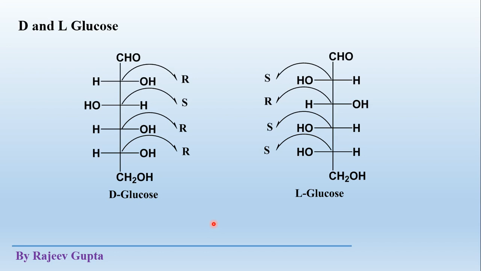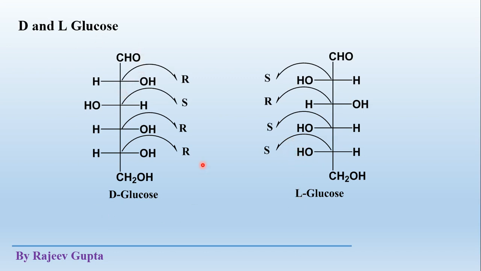So those are practical values which show angle of rotation in practicals. This capital D and capital L is a relative configuration, especially for sugars and also for amino acids, where the key member is glyceraldehyde. So the OH group on the highest number chiral center, this is the first chiral center, second, third and fourth chiral center in glucose. If it is situated at the right hand side, then it is D, and if at the left hand side, then it is L.